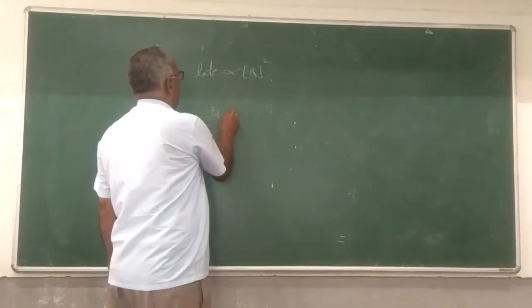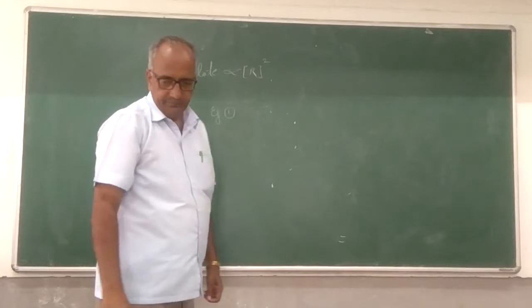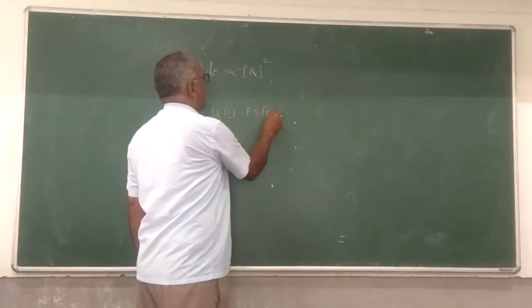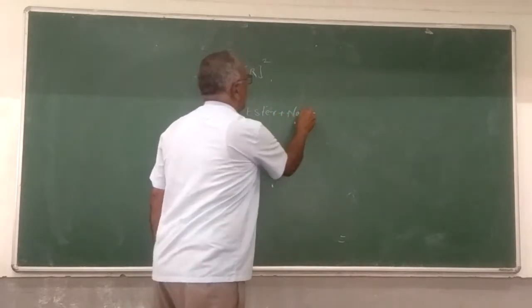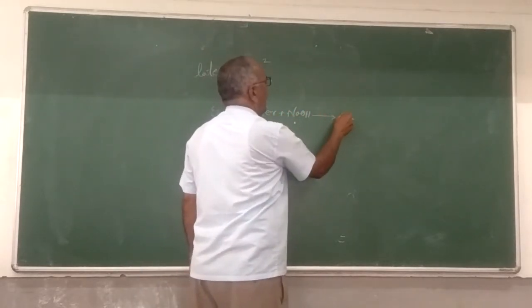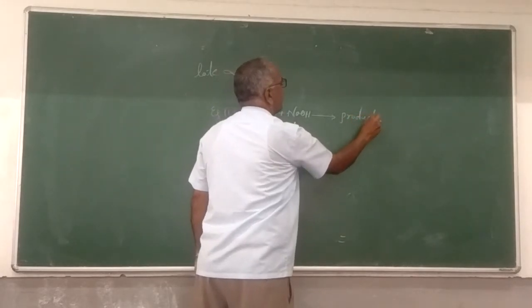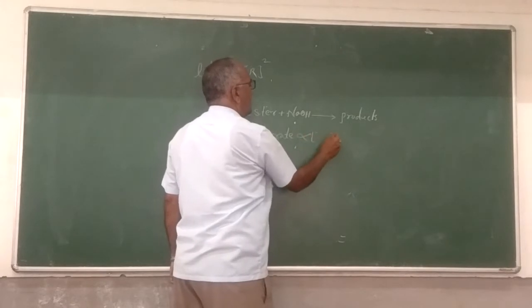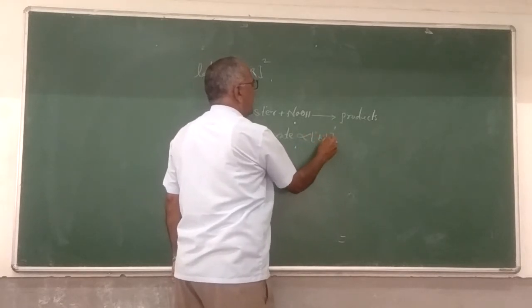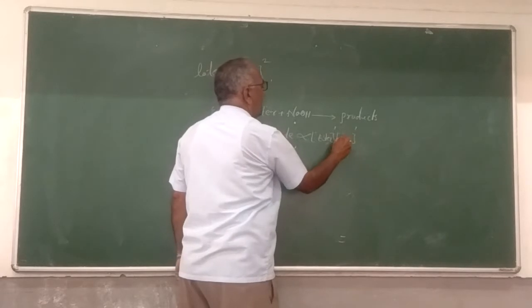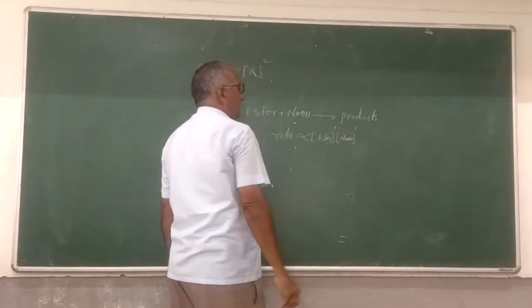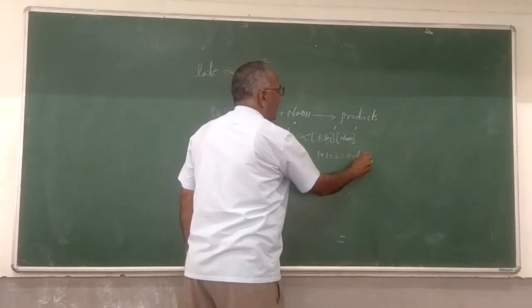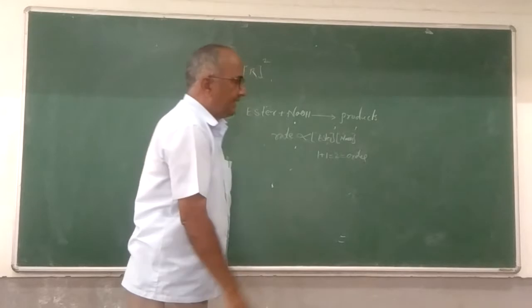If you consider some examples, the alkaline hydrolysis of ester reacts with sodium hydroxide to form the products, in which the rate is directly proportional to the first power of the molar concentration of ester and the first power of the molar concentration of sodium hydroxide. Therefore, the order of reaction is 2, called as second order reaction.